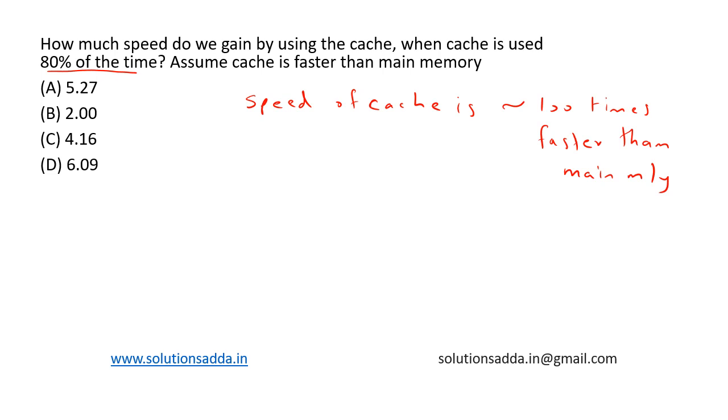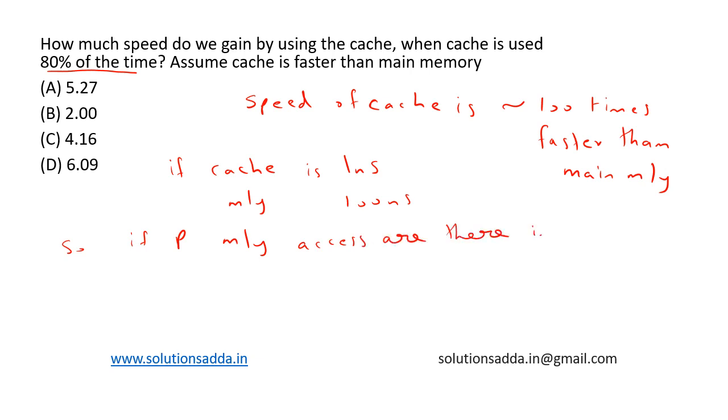So we can assume that if cache has an access time of 1 nanosecond, memory will have 100 nanoseconds as access time. So if P memory accesses are there in total, then the speed up is calculated as